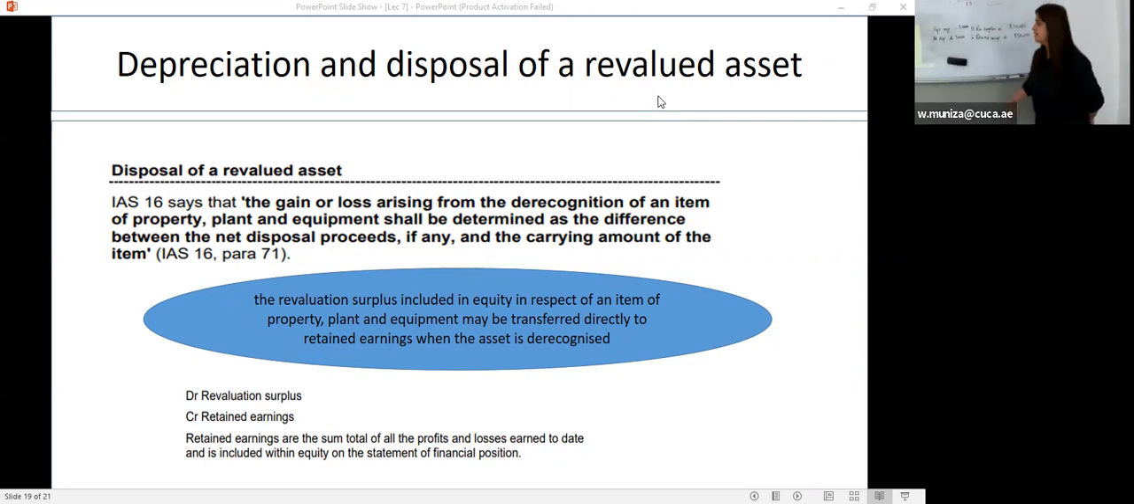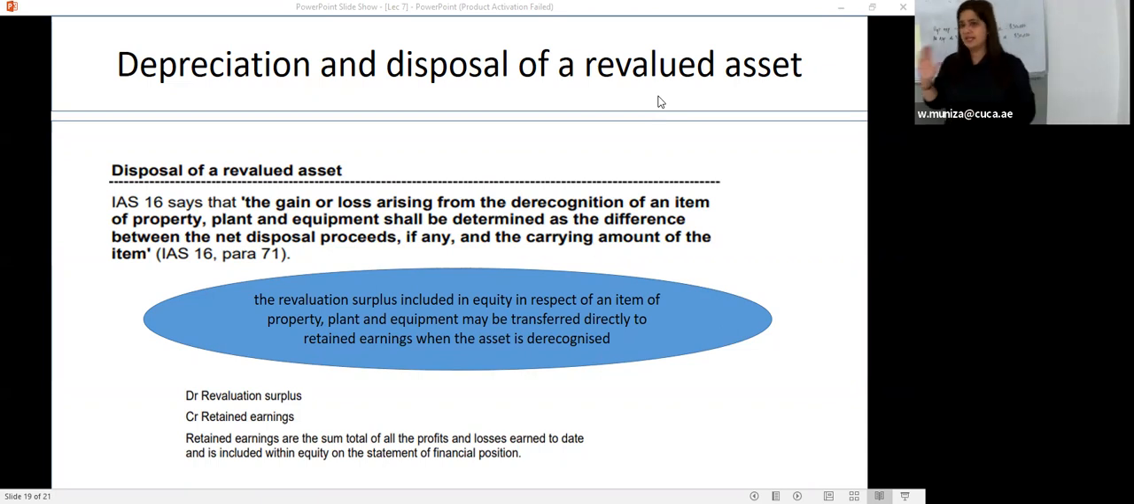The same accounting entry which we do pass in the case of passing out the excess depreciation. It shows that we are minimizing the balance on the revaluation surplus and we are taking it to the retained earnings. We are actually giving the shareholders the right to the revaluation surplus which has been accumulated. So retained earnings are the